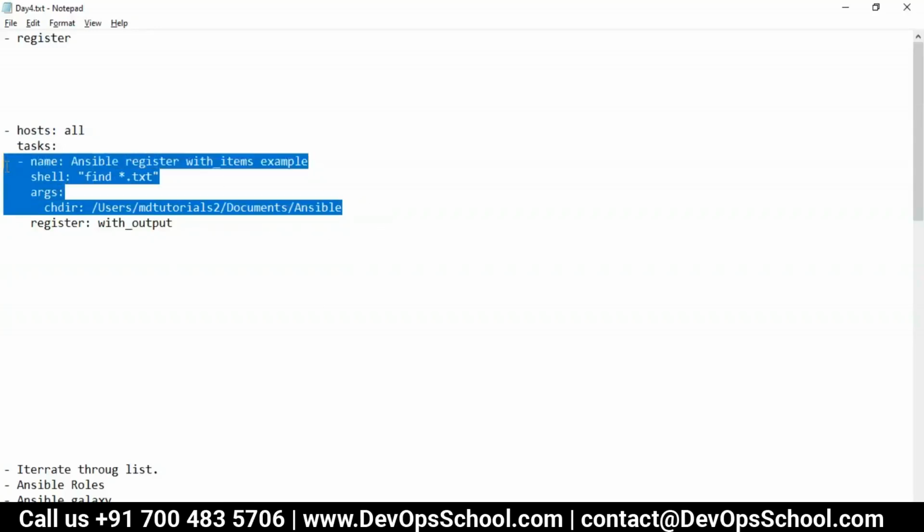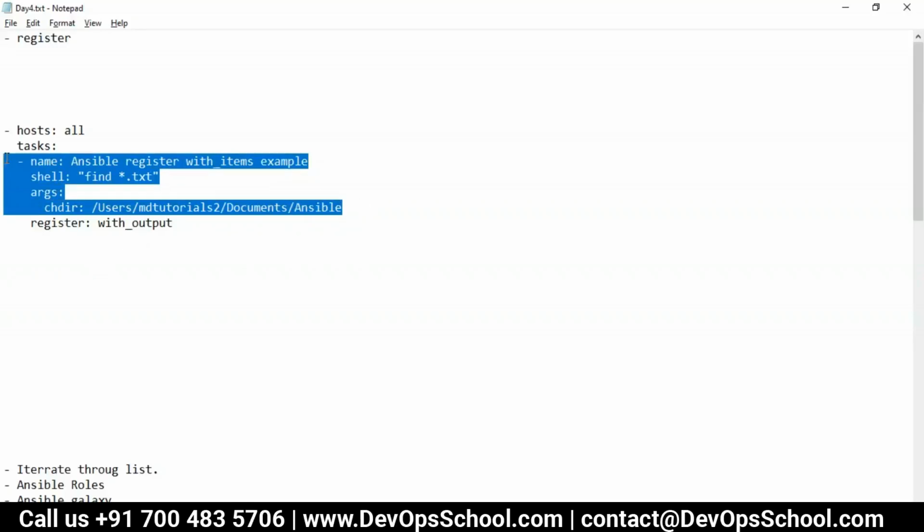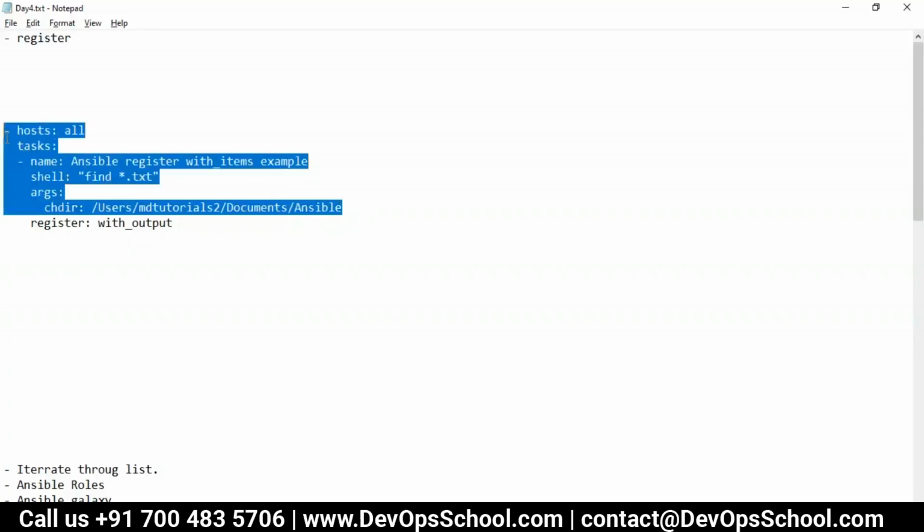You can use any modules. I said any modules. You can use any modules. And the output of that module, if you want to set into some variables, okay. Again, I'm repeating. Here you have a shell, but it can be any modules. The output of that module, if you want to store in some variable, and that variable if you want to use somewhere else in your program.